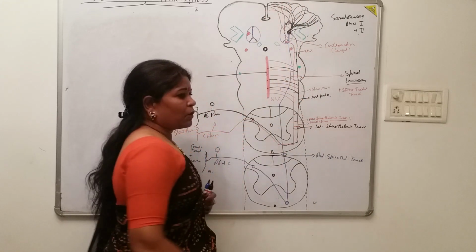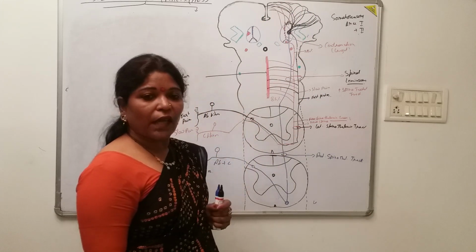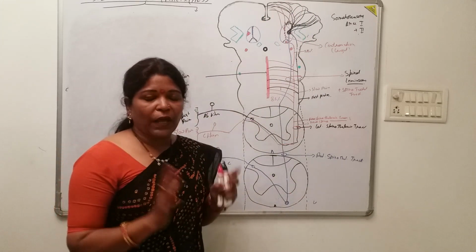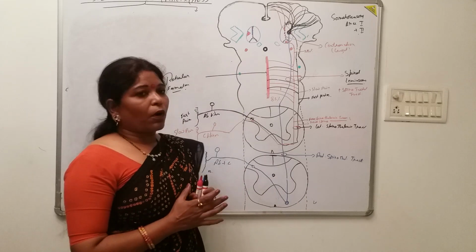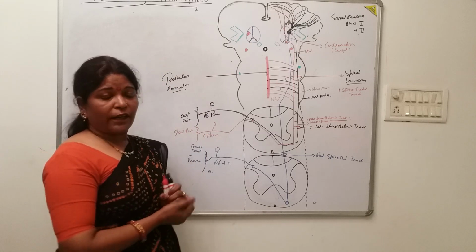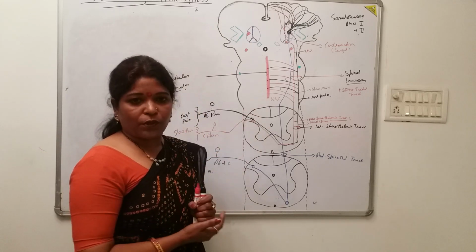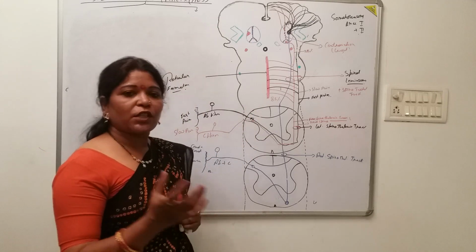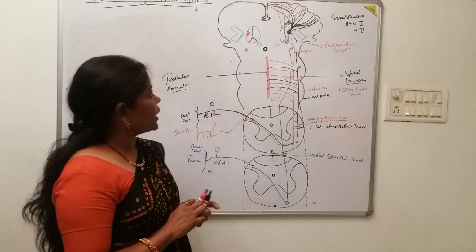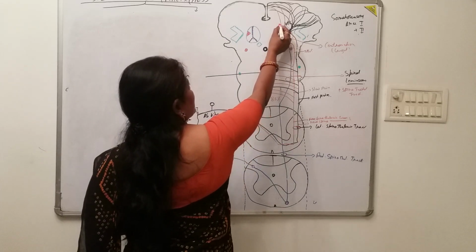But this is not the only story of the slow pain fibers terminating in the thalamus, because pain sensation is a very complex pathway. It has multiple aspects. One of the aspects is related to the emotional as well as the autonomic responses to pain. So there must be connections of these pain fibers to those areas. That's why some of the slow pain fibers go somewhere else.